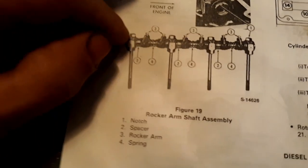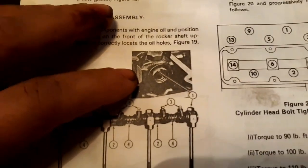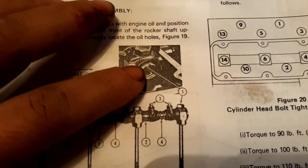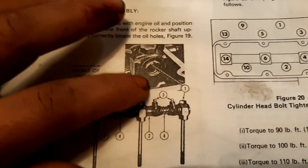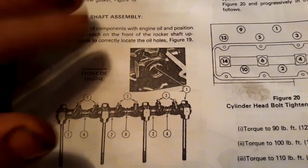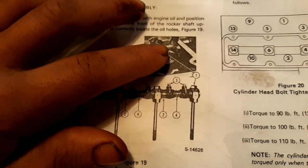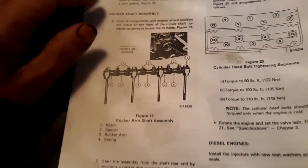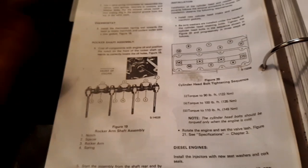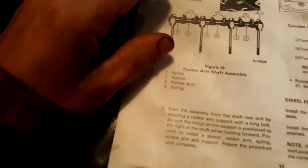So part of that is, unless they got lucky, unless just by happenstance or dumb luck, this notch that lines up the holes in this rocker shaft just happened to line up when they installed the rocker shaft. We could have got lucky on that, but I doubt we did. And that's why